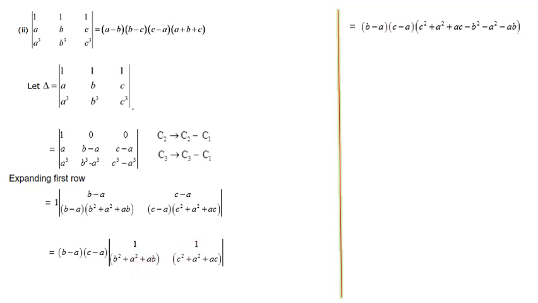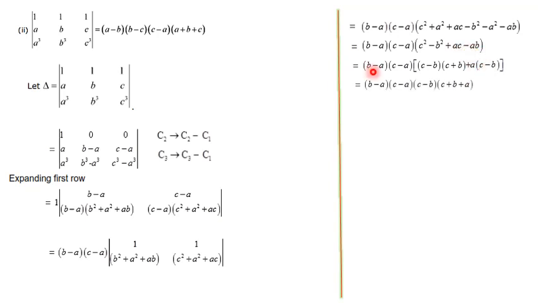When you remove the bracket along with the sign, that is minus b square minus a square minus ab. Then after doing the calculation, you can see only c square and b square are there, a square is cancelled, plus a square minus a square cancelled, then ac minus ab. Then what we have to do is b minus a into c minus a. This c square minus b square, by using the a square minus b square formula we can split as c minus b into c plus b, plus in these two a is common. If I take a outside, c minus b is the balance.